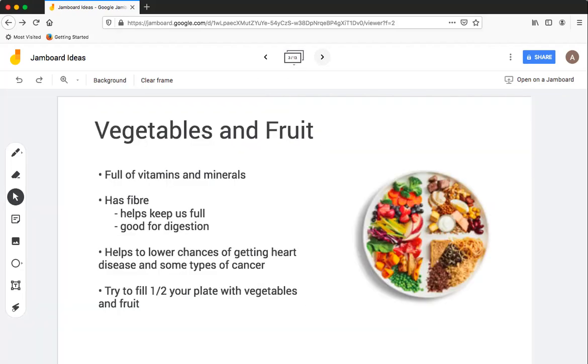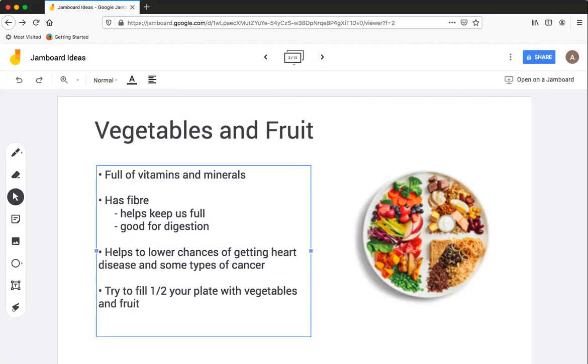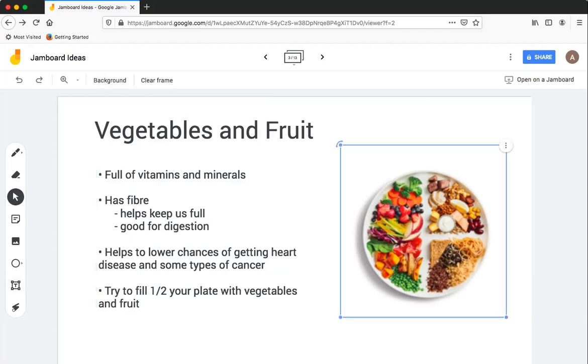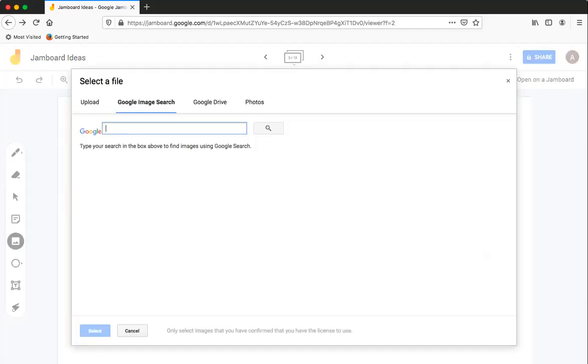First, I'll talk about presentations. I've selected the topic vegetables and fruit, and the information here is in a text box, and you can select that from the panel here on your left. And the image I have is from Google Images. So say I wanted to change the image or just add a different image, I would add image here, and you can choose images from Google